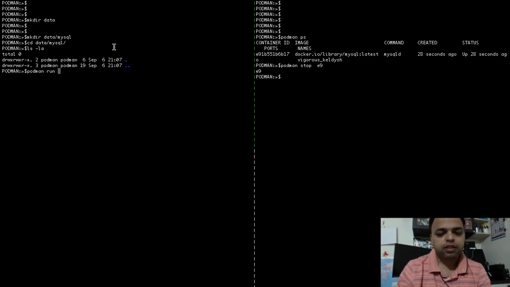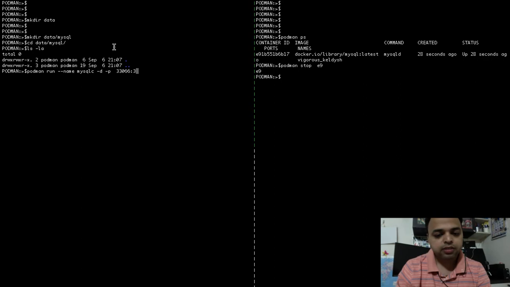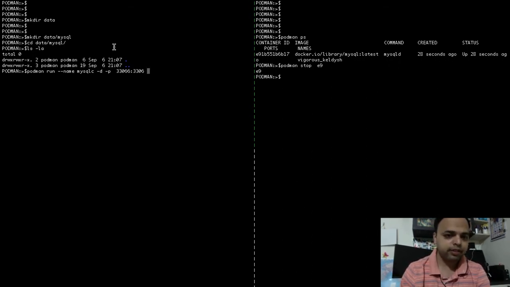So podman run, the name of the container is, let's say, mysql-c, and we will run it in the detached mode. We will do the port mapping also. So 3306 was the port where it is running inside the container. Now I have mapped it with 33066 on the host system, so I can connect to my database directly,